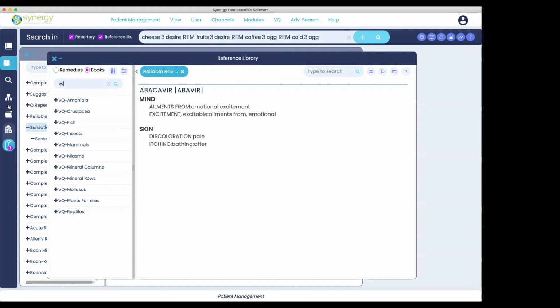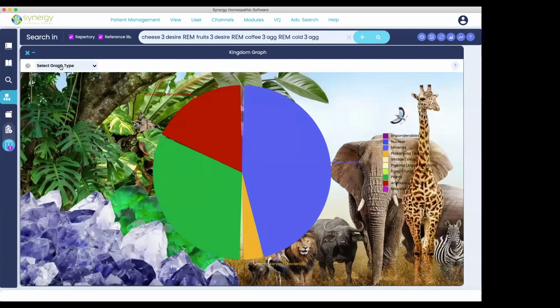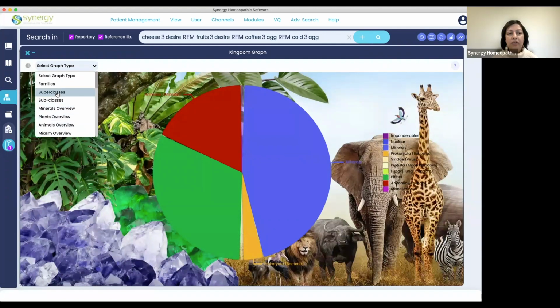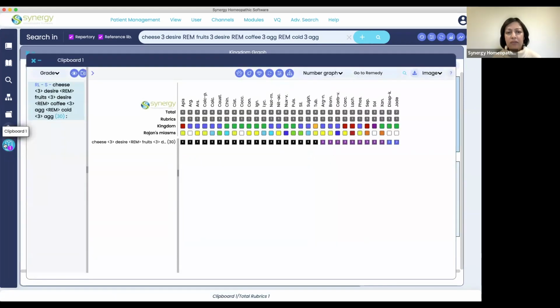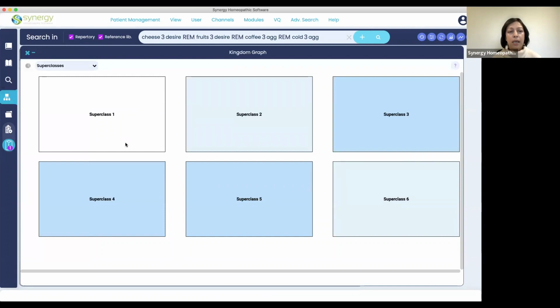In the Kingdom Graph area, there is a category, and it might be a work in progress. I think, yes, there is. So yeah, this is work in progress. I don't know, it's interesting. I have not tried. You can see that I'm not bringing up anything. Let's see if I can restrict that by superclass 4,